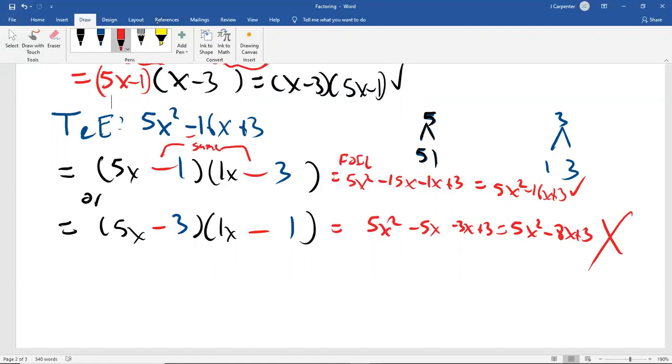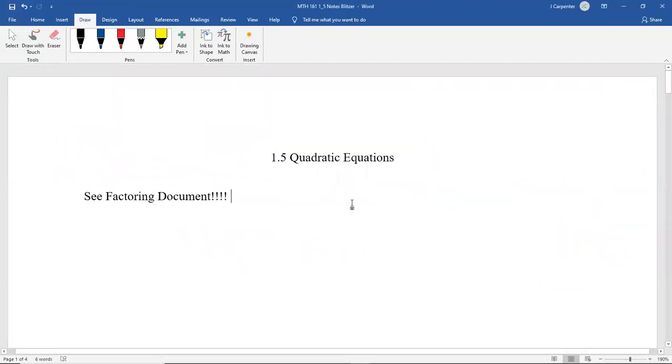There are plenty of trinomials that have 20 or 30 or 40 or 50 or 60 different trials though. Trial and error sucks for them. I would say on average for this course, it's usually in the ballpark of 8 to 16 options. But even that's pretty bad. But if you've done this a lot, you might have cases that are very obvious to throw out and you don't have to worry. All right, so that's our extended factoring discussion. So with that in mind, we are now masters of factoring. We can go on to actually solving